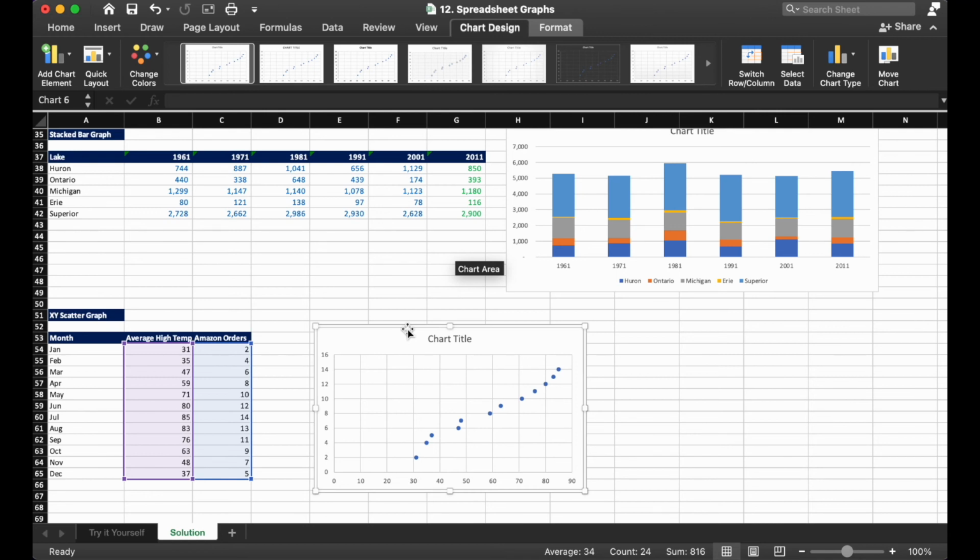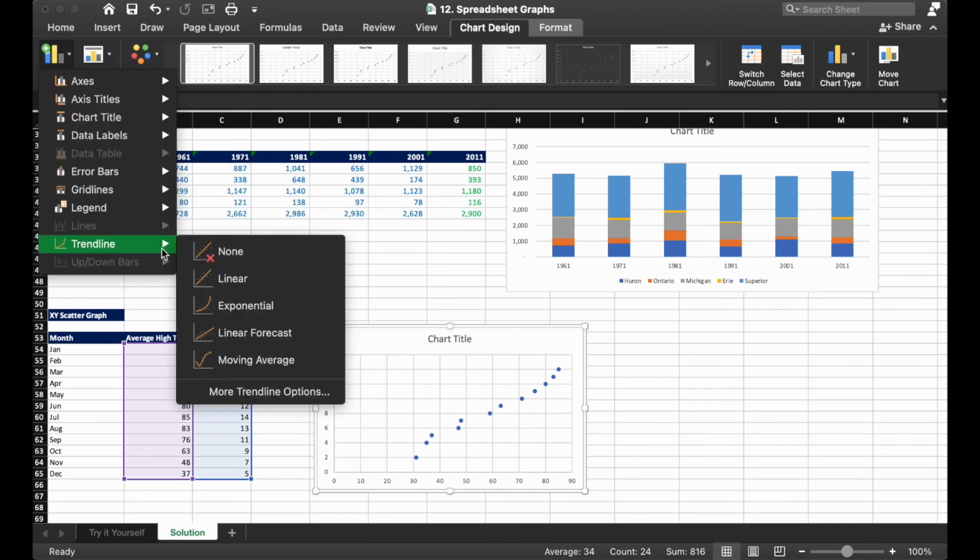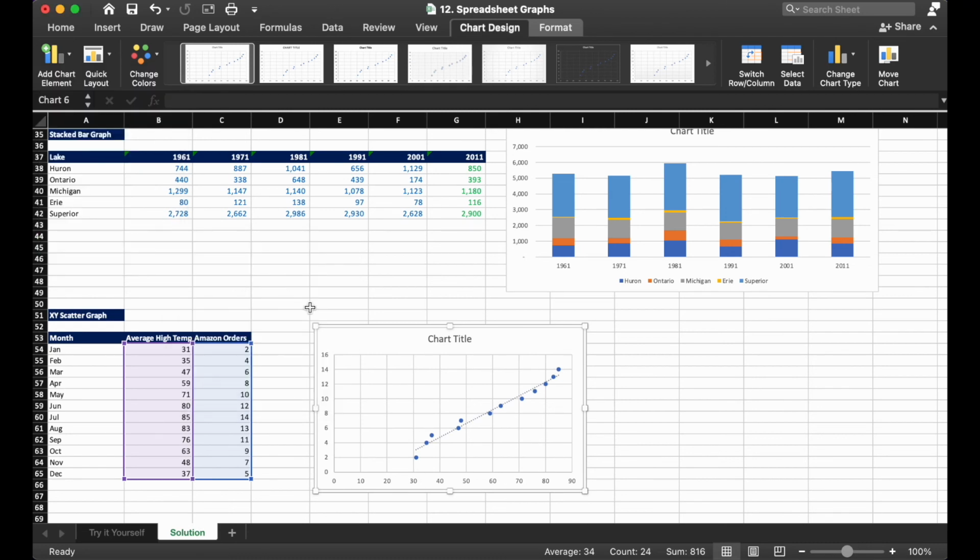So before closing out for today, let's try 2 more things. First, go up to the ribbon, and we're going to click this Chart Design tab. We're going to go over to the left, and add a chart element. We're going to go down to Trend Line, and then select a linear trend line. And now we see this dotted line is just showing the trend. It's trying to fit the data and put it on a single line.